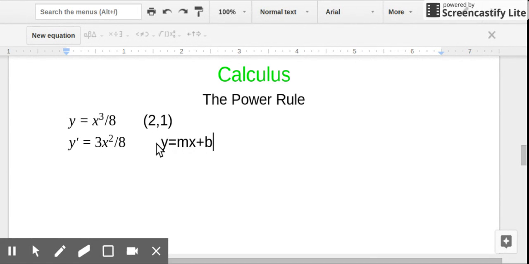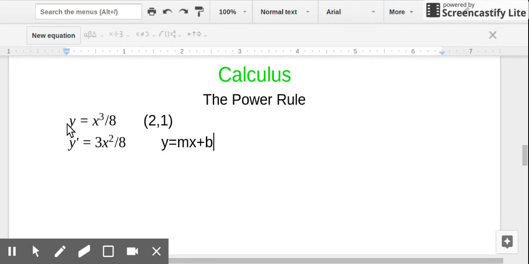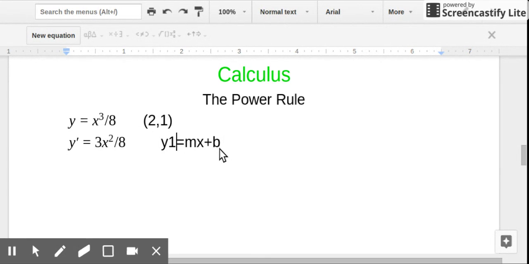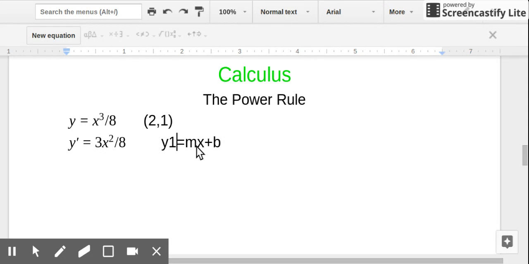We want to find y is equal to mx plus b. Now let's keep in mind here that this y and this y are two different y's. You could call this y of 1 if you'd like. All right, y of 1 is equal to mx plus b. First thing we need to do is find m. And so m is simply going to be